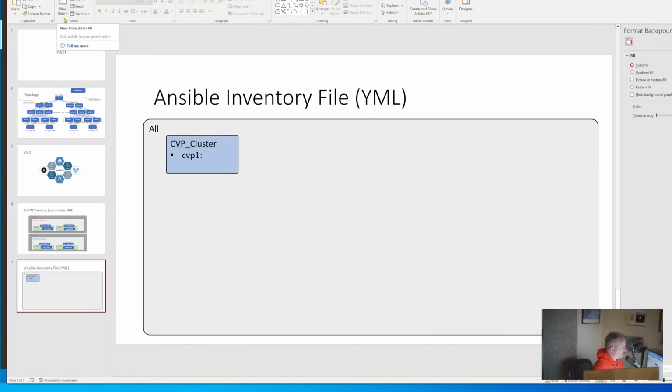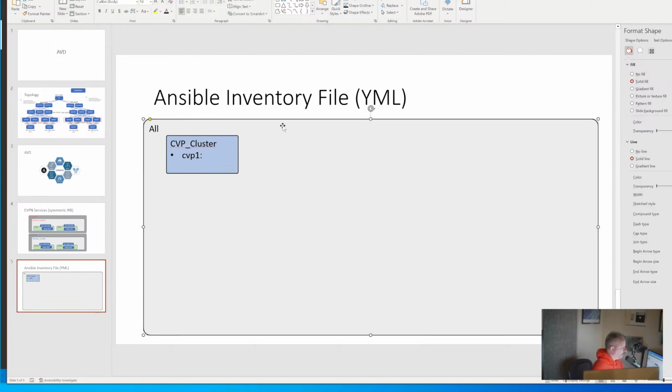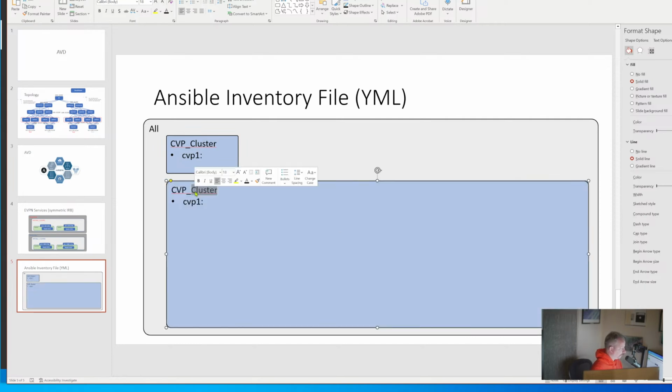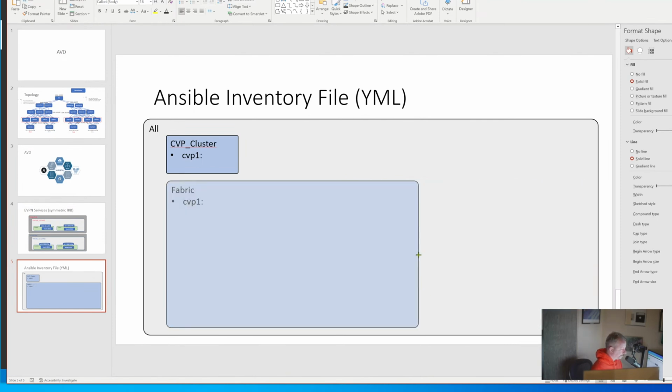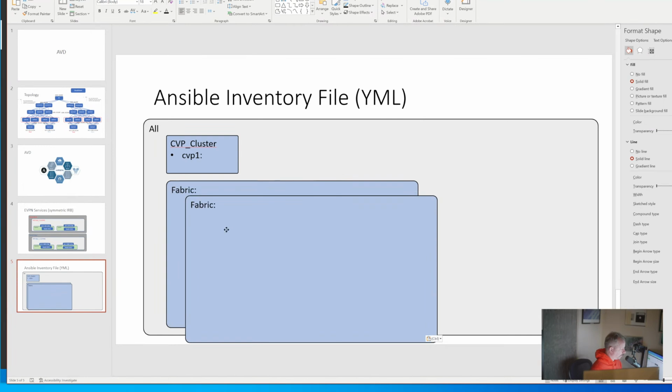We're going to split things up. AVD has these things called data models, and they are how we describe how we configure devices. So we're going to have a data model, and we have to mirror them with groups in Ansible. One's going to be called Fabric, and Fabric is going to have all the devices in it. And then inside of Fabric, we're going to have